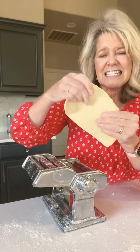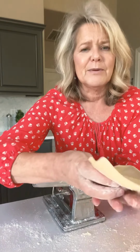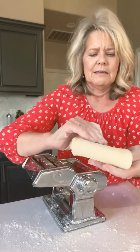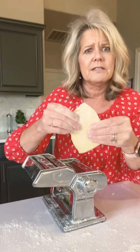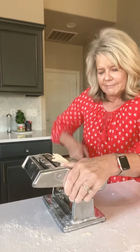It is a teeny tiny bit sticky. So I wouldn't say sticky, I would just say it has this moistness to it. And I know everybody hates that word, but all right,